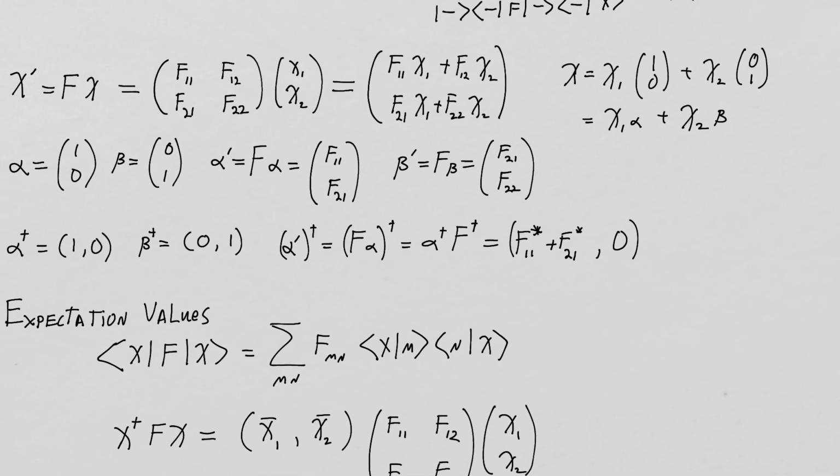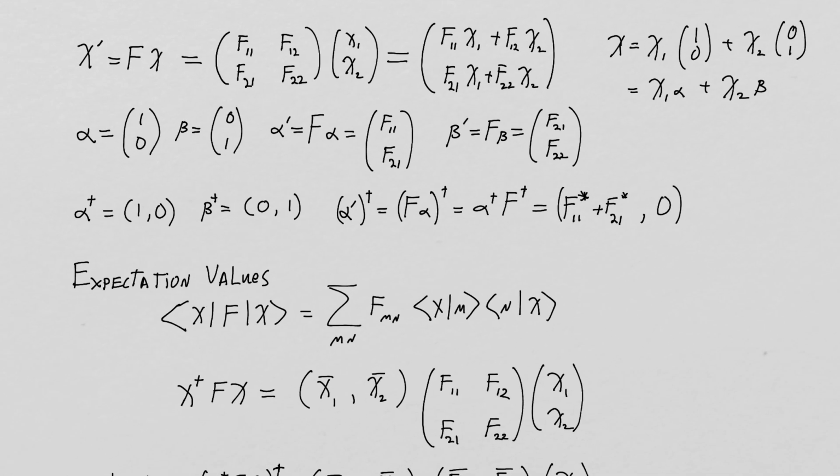But we can look at the adjoint of A prime, which is the adjoint of F acting on A, which is you flip the order and you adjoint both of them, so it's A adjoint, F adjoint, and so now you know that